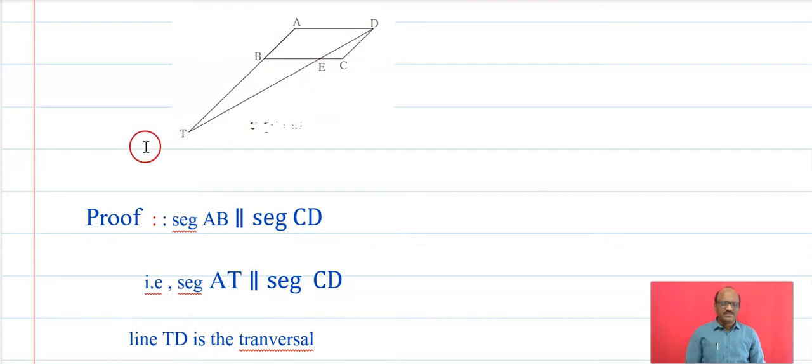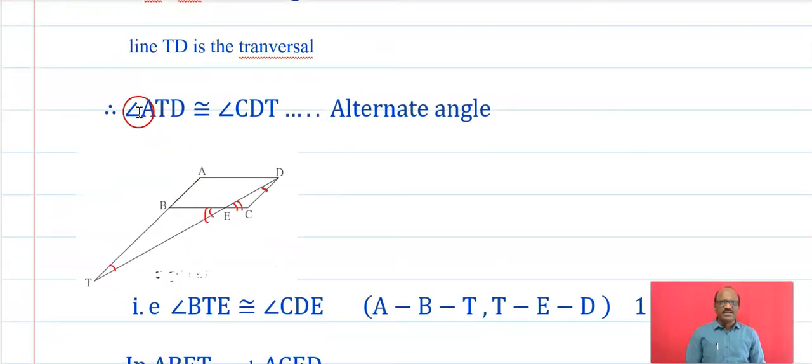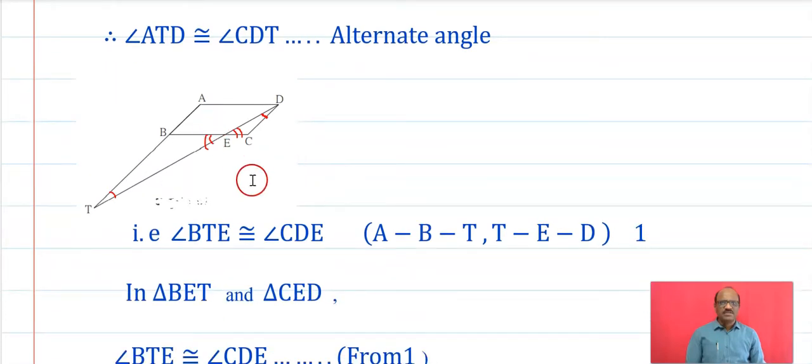And TD is their transversal. Therefore, the measure of angle ATD and angle TDC, these are the alternate angles. Therefore, angle ATD is congruent to angle CDT. These are the alternate angles. Therefore, it is written as angle BTE is congruent to angle CDE. Therefore, in triangle BET and triangle